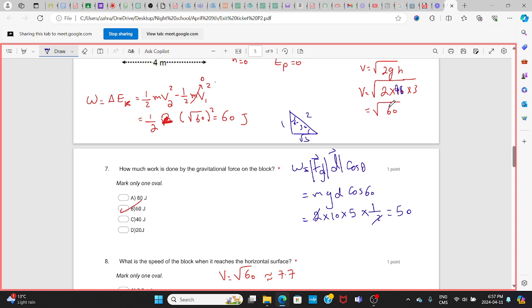Yeah, because I did approximate it, this could happen when you approximate things. And since it's just a multiple choice question, I wanted to do it faster and choose the closest answer. Okay, so that would be square root of 2 multiplied by 9.8 multiplied by 3. Okay. So that would give me 7.6688. Still, there is some difference there, but it's better now. And if I change this one to 7.668,